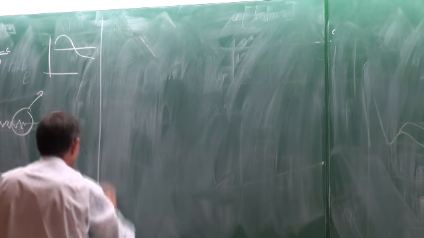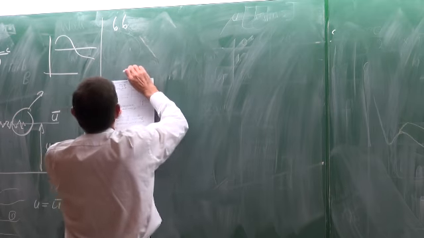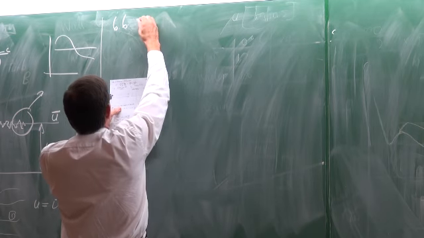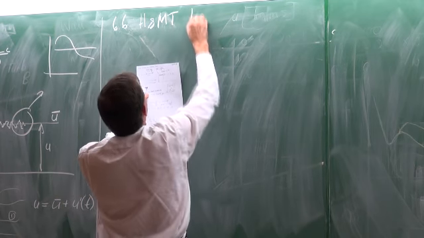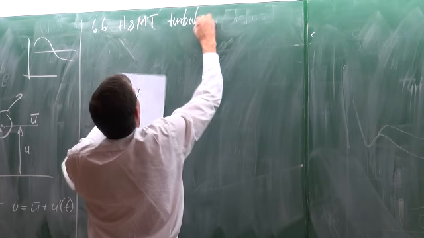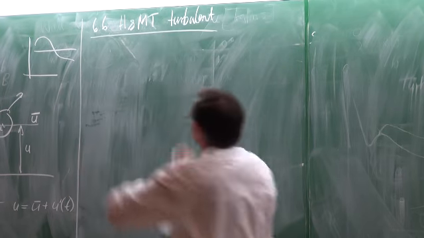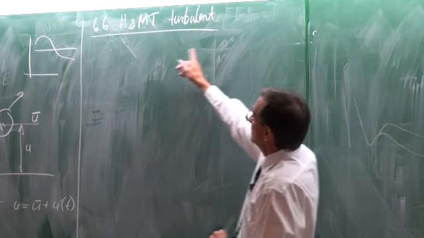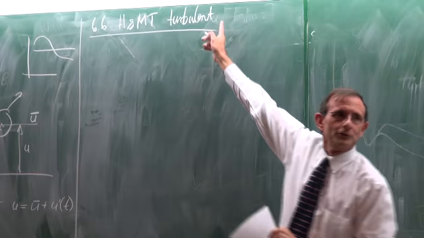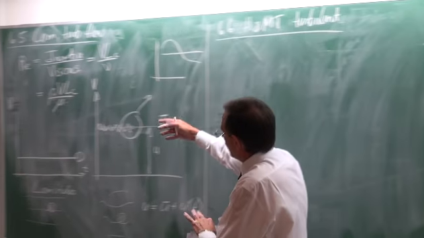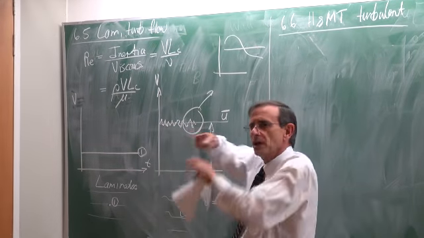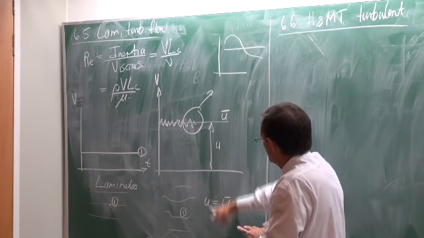Then it follows on to paragraph 6.6, which is heat and mass transfer in turbulent flow. For those of you who didn't follow it, heat and mass transfer in turbulent flow. I don't have time to write it all out. Now using this concept of looking at the fluctuations as a function of time,